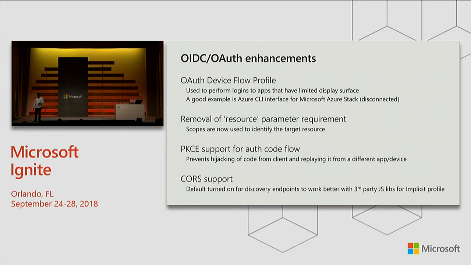So as a result, we've gone back and said, okay, we will also support where you don't need to support resource, the target application, as the resource parameter, and it can just be used using scopes, which is how. Now, strangely, there's a new draft which says, okay, let's make resource parameter part of the spec as well. But at the end of the day, this works with third-party systems in a little more app-compat kind of manner.